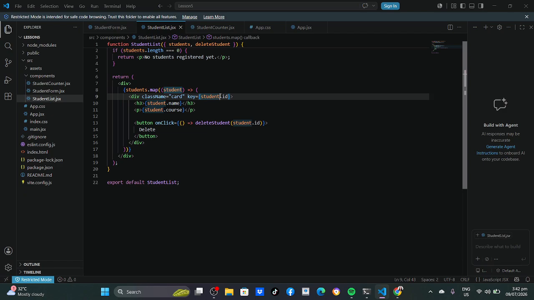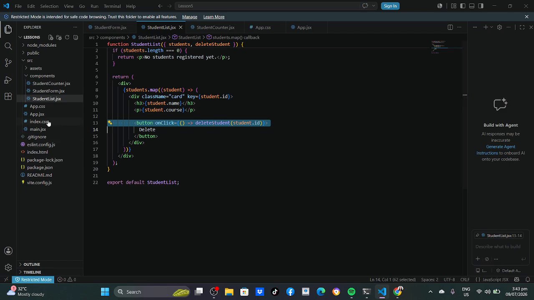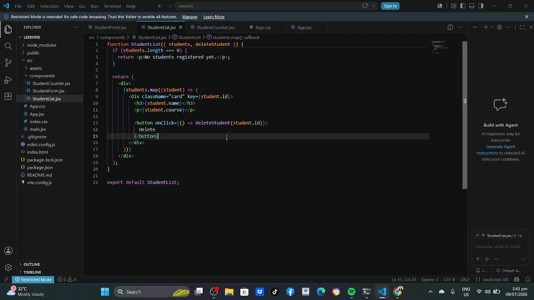React uses the key to efficiently update the list whenever the data changes. And then I have here the delete button, where when clicked, the selected student ID is passed to the delete student function in the App.jsx.